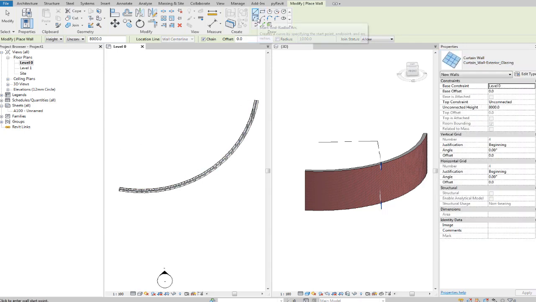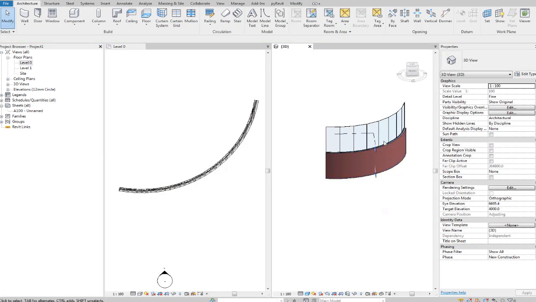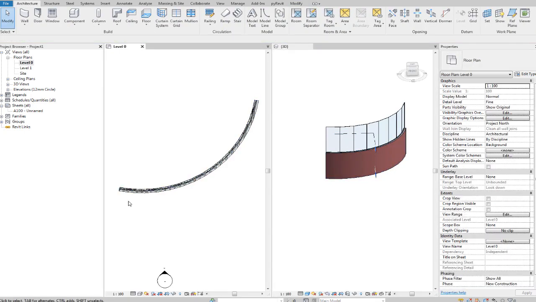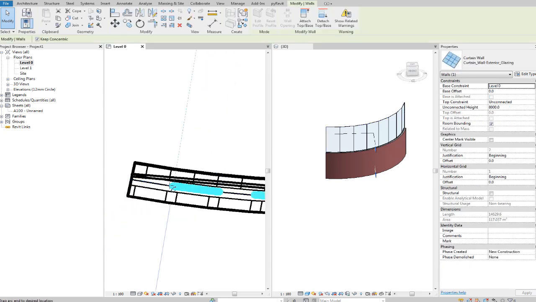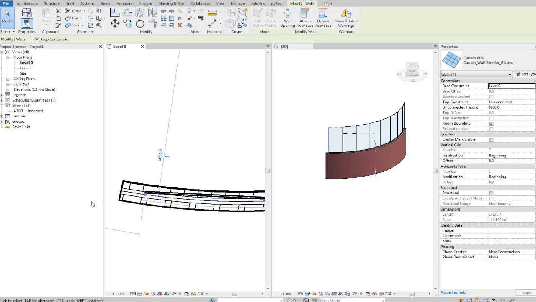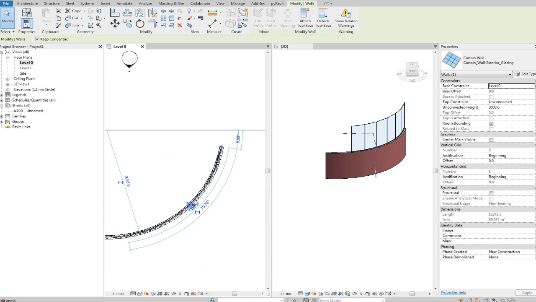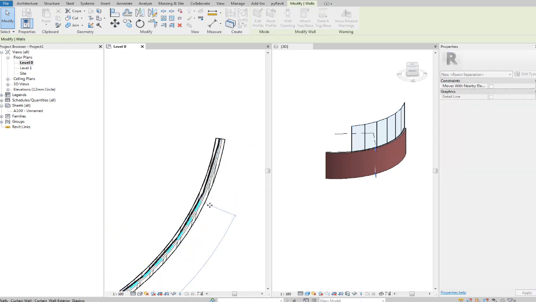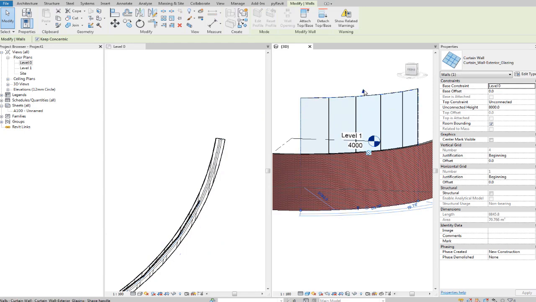and then I can select this tool and click there, and you can see a curved curtain wall in there. Now I'm going to pull this back a little bit just so it can embed inside the wall. I'll pull it about there, and I'll pull this side back about there, and maybe I will drop this down a bit